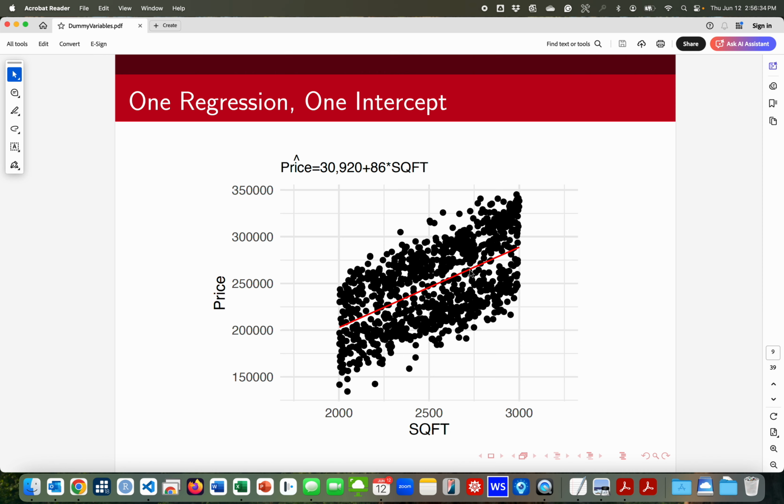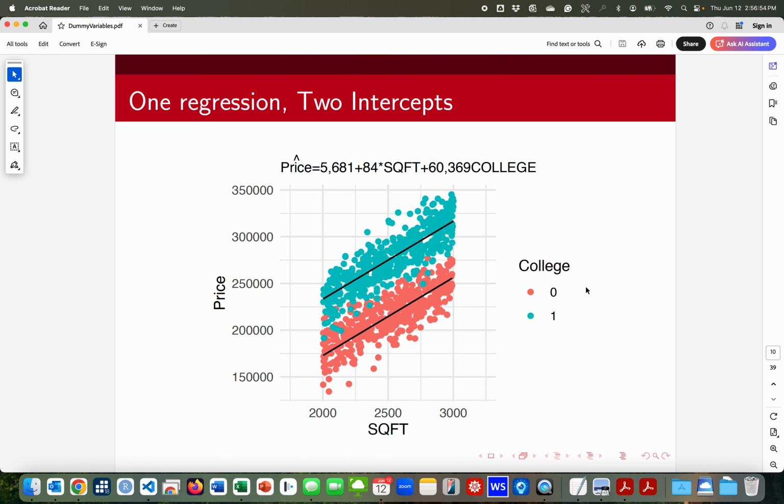And if you were to run this line all the way back to 0, it would cross the y-axis at $30,920. So that would be the price intercept when square footage is 0. And we don't care about that intercept because we don't have any homes in our sample with 0 square footage. But when we add that dummy variable for college,